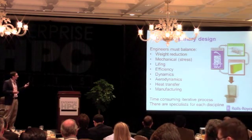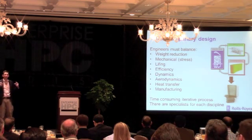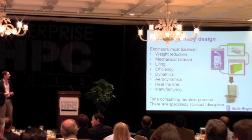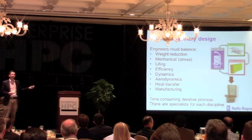So it's somewhat time consuming, it's labor intensive, and so there's pressure to develop tools that are faster, automate the process. In terms of computational fluid dynamics or mechanical analysis,